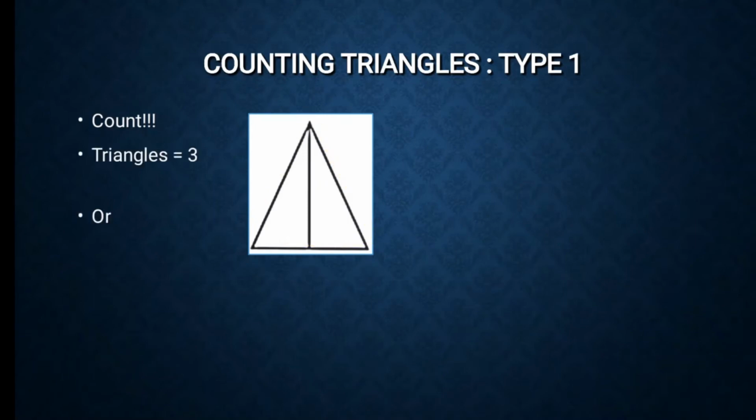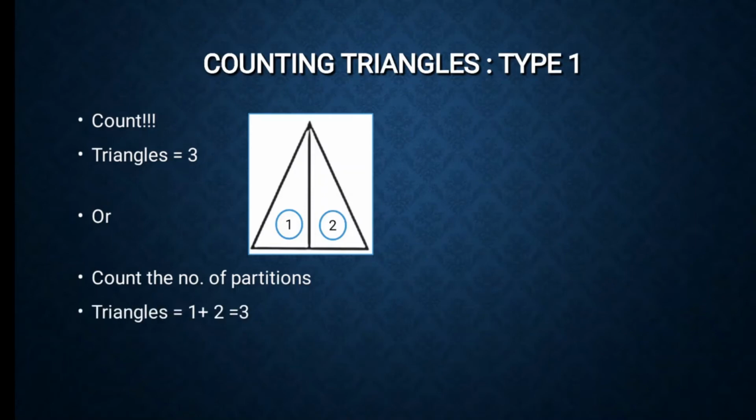Now either you can count them manually, or there is a trick to it that you can follow. Now because this is a very easy, simple figure, it is easy to count the number of triangles here, but all the time you will not be getting such easy figures. So let us understand the trick first. First step towards the trick is you will have to count the number of partitions that are there. So in this triangle, the number of partitions are 2, the left side and the right side. There is one vertical line, and the number of partitions here is 2.